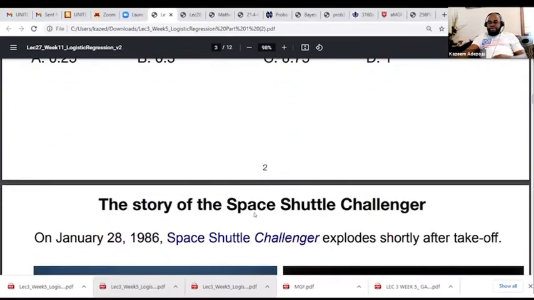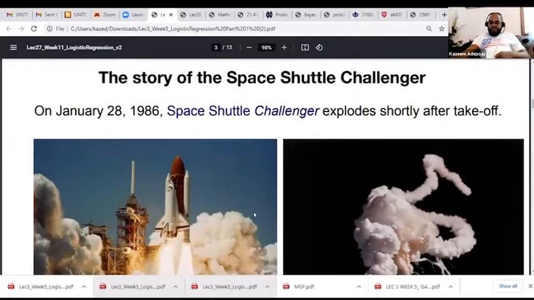Now let's go into the detail of logistic regression. But before we go into that, it's better we look at a problem that could lead to applying logistic regression. So let's get started. The story of the Space Shuttle Challenger. If you look at what I'm trying to show you right now,